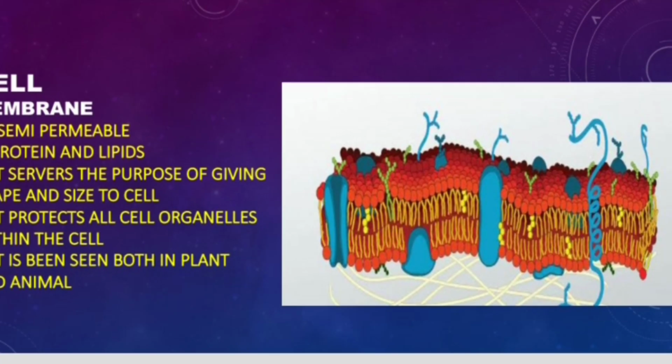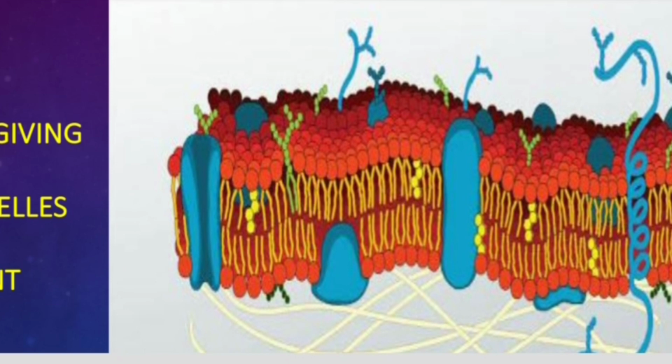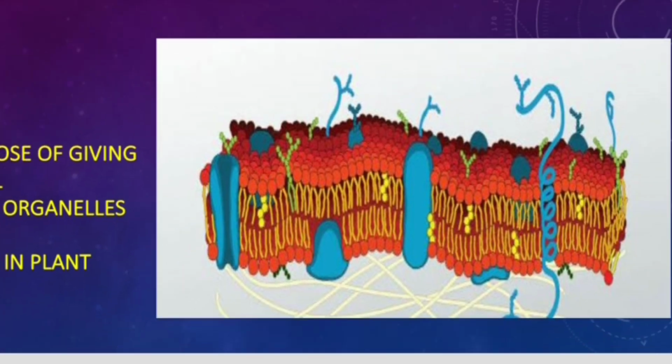Okay, so next we will proceed to the cell membrane. You can see the structure of the cell membrane. It has two different layers, one made up of protein and another made up of lipid. So this is basically a protein-lipid structure. This type of structure seen in the cell membrane is also known as the fluid mosaic structure. Here the red layers are lipid layers, and the blue pigments are the proteins. The protein and lipid are living things, right? They are not dead like the polysaccharide cellulose.